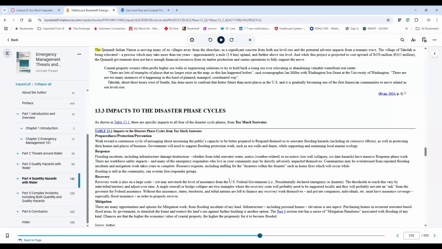Different types of things, different plants survive in one thing versus the other, et cetera. The flooding incidents, again, that infrastructure can be impacted, whether it's from tidal or longer term seawater collapses and ice dams. There's a lot of response phase work for this. And then this can just be over and over again to communities, especially coastal communities. So there's a lot of repetitive stress involved in that for responders and for communities, for town officials, et cetera.